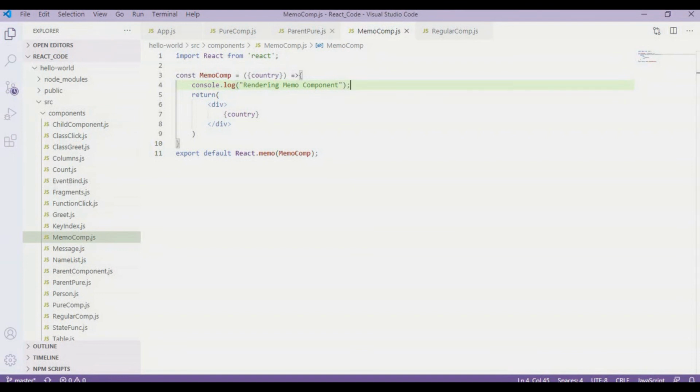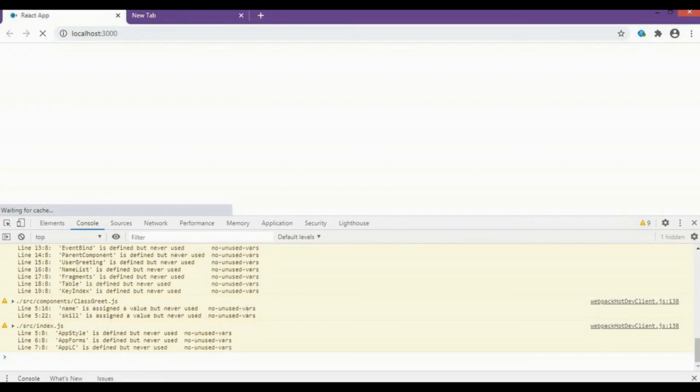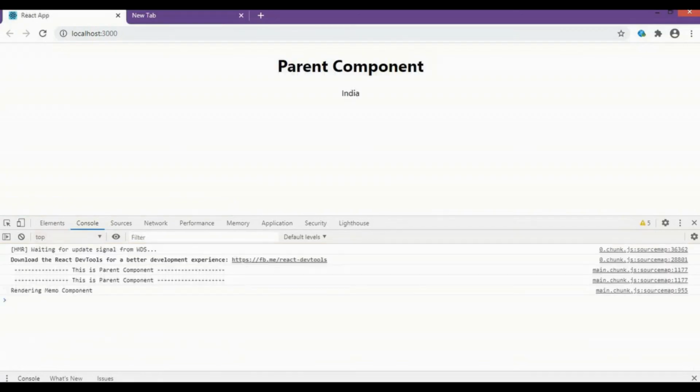And in the parent component I am going to comment out these two components, and let's go back to our browser and see the behavior of this memo component.